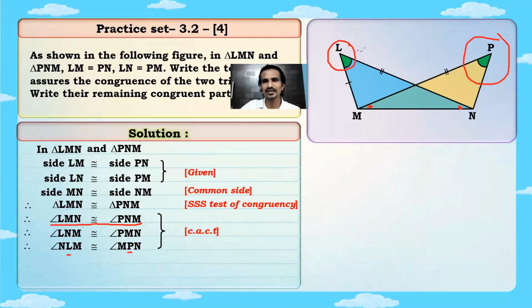So if the points are individual like this L and P, then you can write a single letter for the angle, no problem. But if at one point there are two or three angles, then you have to specify which angle. For that, writing three letters is necessary. So it is always better to write it in three letters. Make it a habit of writing it in three letters. All right.